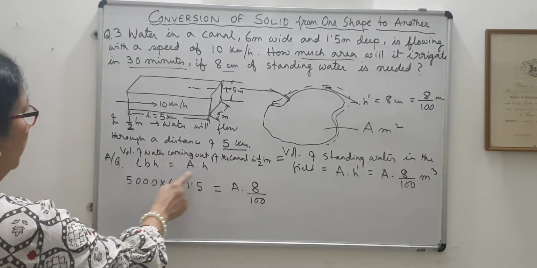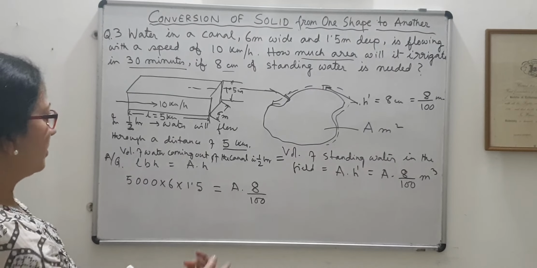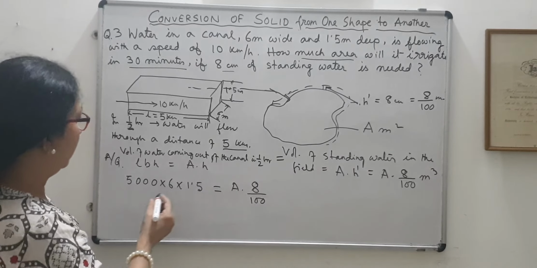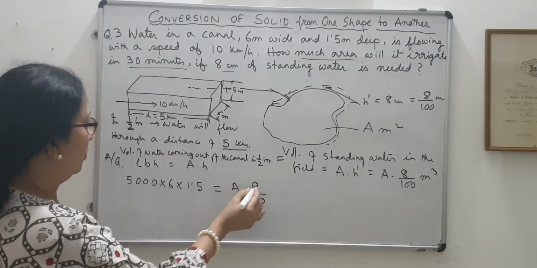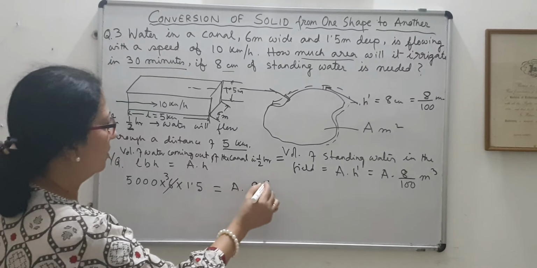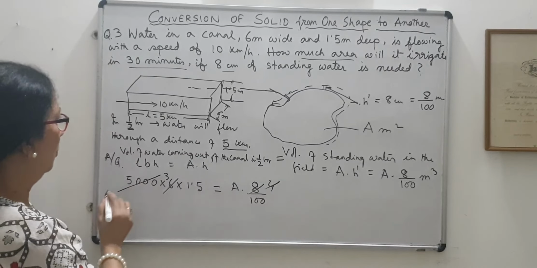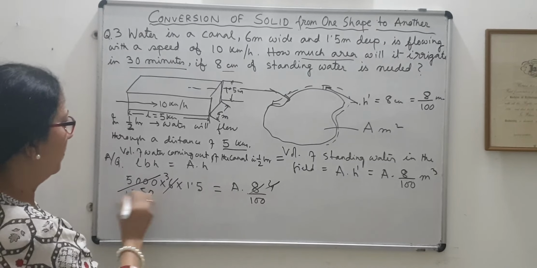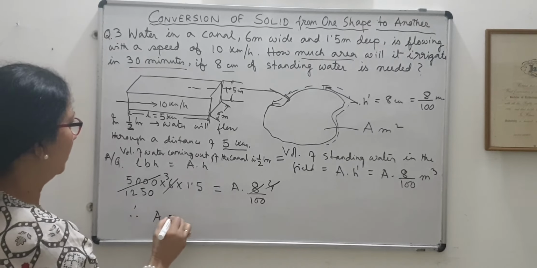So I am writing this. So now simple, we have to do the simplification. So cancel it, 3 and 4, and it will go 1250. So therefore area is equal to